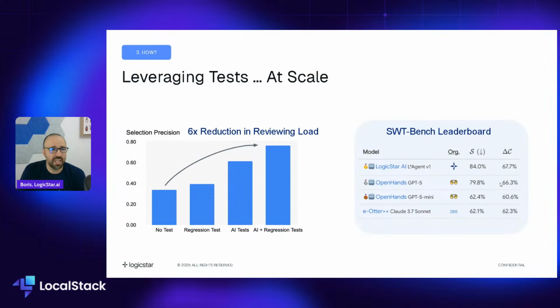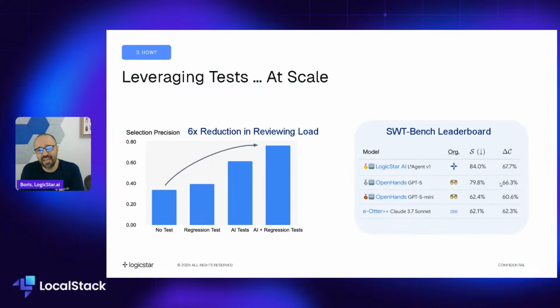Given the timeline, I'm just going to quickly go a bit deeper into the how. As you said, the most important thing is to be able to have benchmarks to test if this end-to-end system of multiple agents is correct. Really validate and test, are we getting better or worse?